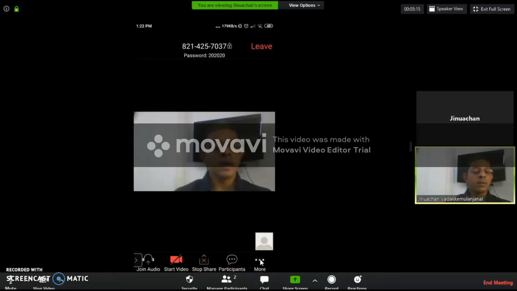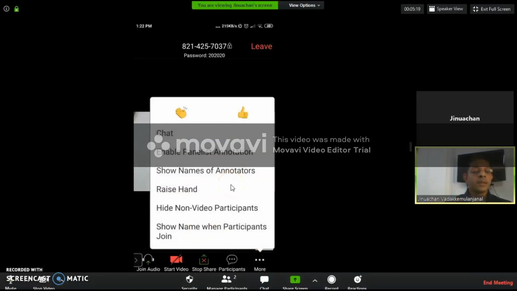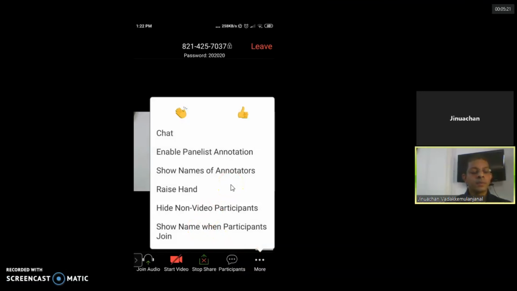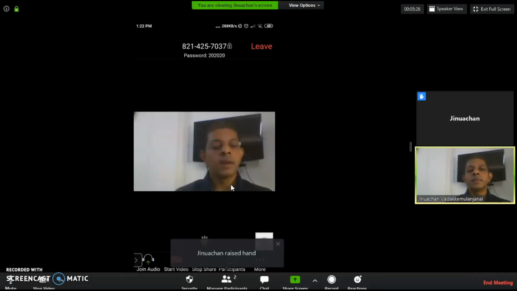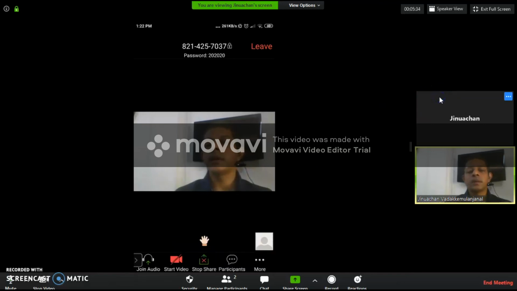Clicking on more, I get chat, enable panel annotations, show names of annotations, and raise hand. If I raise my hand, I get an indication that this person has raised the hand, and you can lower the hand also.